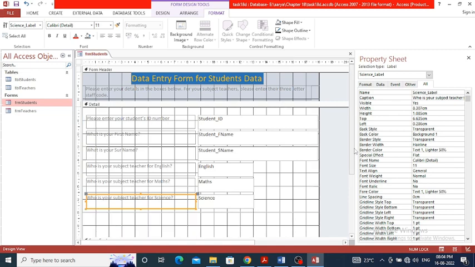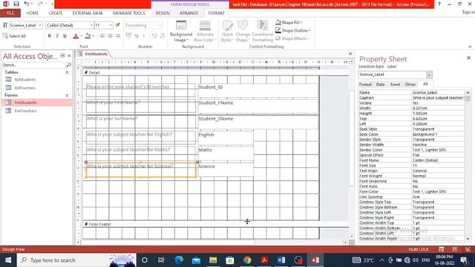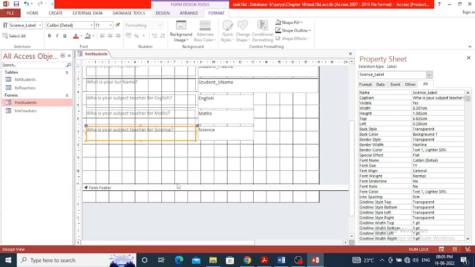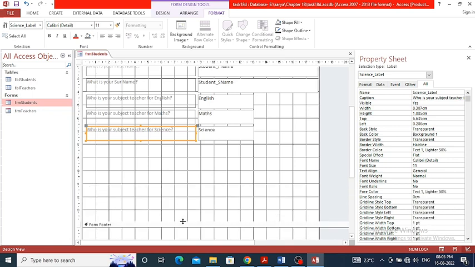So I just drag this footer further downward. Okay, now this much space or area is available to do the rest of the work. For year group, we have to insert